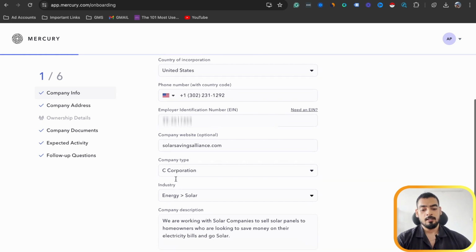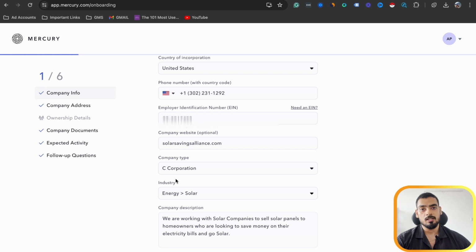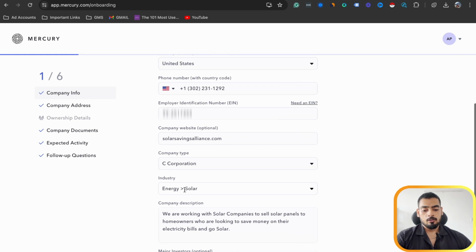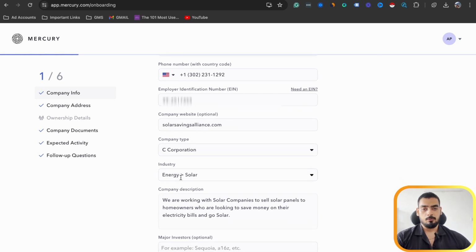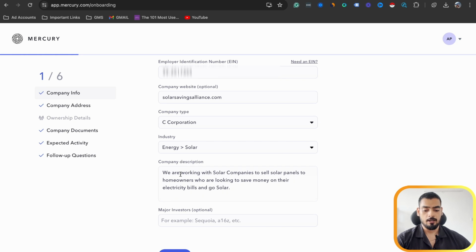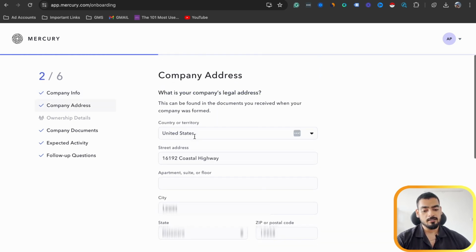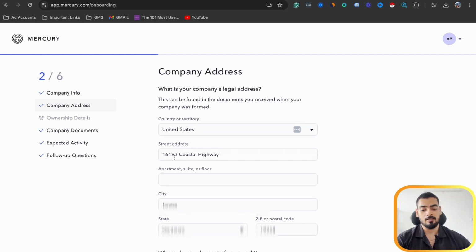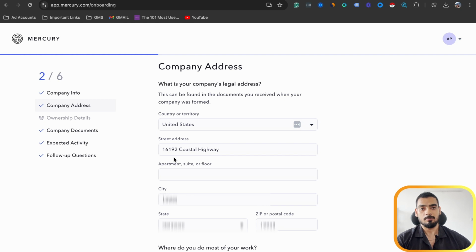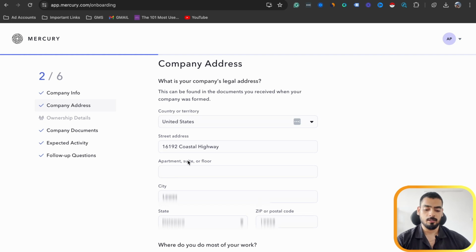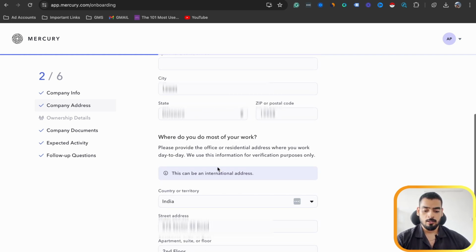Now we are going to submit our website here। Company type, our company type is going to be C Corporation। It doesn't matter too much, all we need to do is just get a basic certification, registration and also open our bank account। So don't worry about this too much, just get on with whatever certifications, whatever registration you can get। So now industry, I'm going to choose solar because that's the industry that we are working with। Company description, you can write whatever you want। Company's address is now going to be really important। So this is the address of our company and this is where all the other virtual companies in Delaware are also getting registered। So you can go ahead and also get your company registered in this place as well। City, state, zip code।